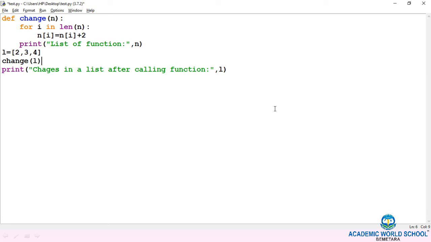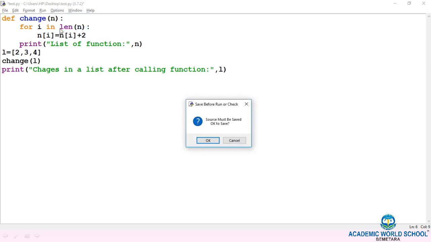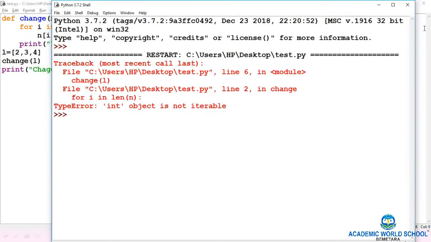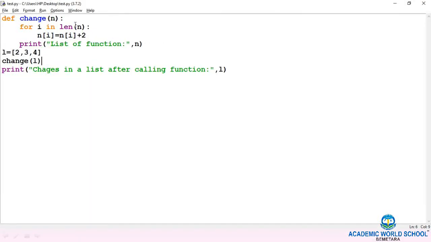And when the function is over, I will again print the list present in the main program. Now I am going to execute. Sorry, there are a few errors in the program.